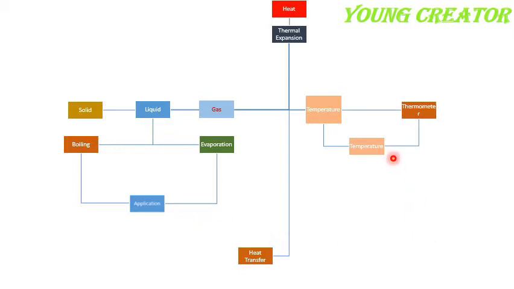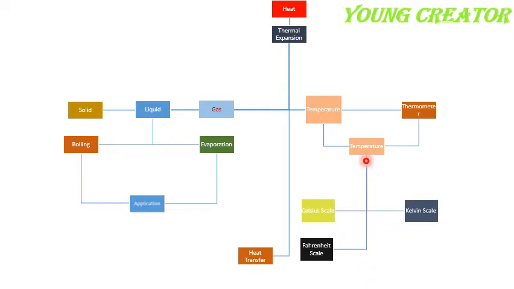There are 3 types in temperature. They are Fahrenheit scale, Celsius scale and Kelvin scale. A temperature scale that defines the freezing point of water is called the Fahrenheit scale. The next section is Celsius scale. Celsius scale is also known as the centigrade scale. It is a temperature scale based on 0 degrees for the freezing point of water.